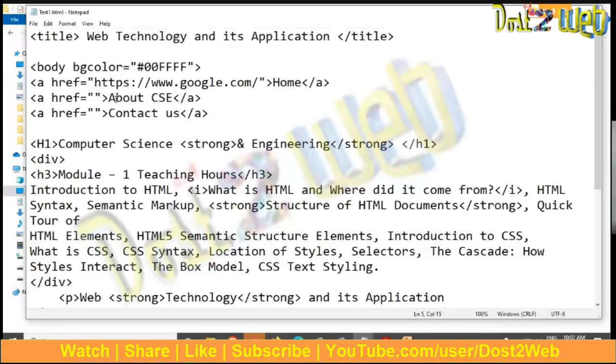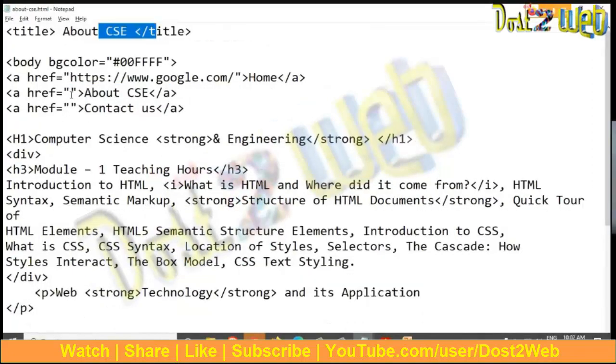So what we want now is this page to be linked. So this is the external. Now the internal link, that means I have to link here about-csc.html. Save it. Same code we'll use on our other document, and this is the index page.